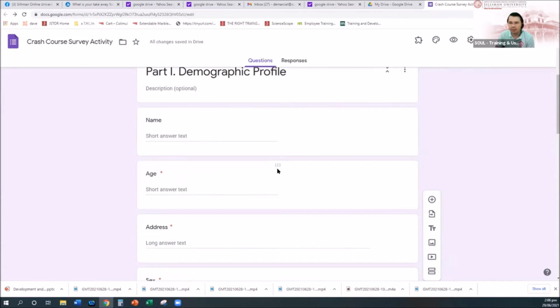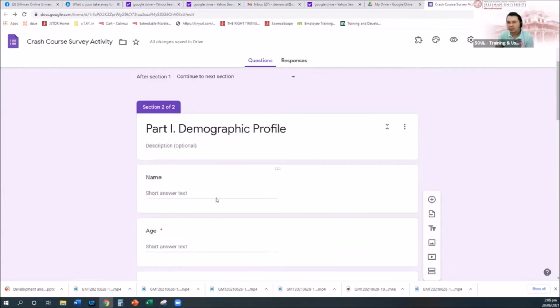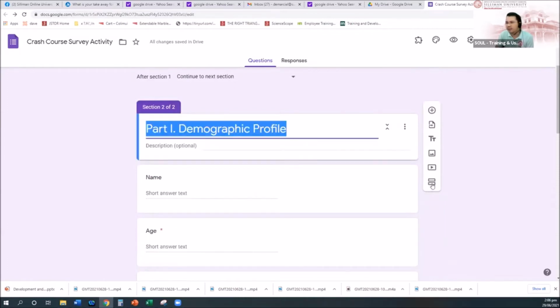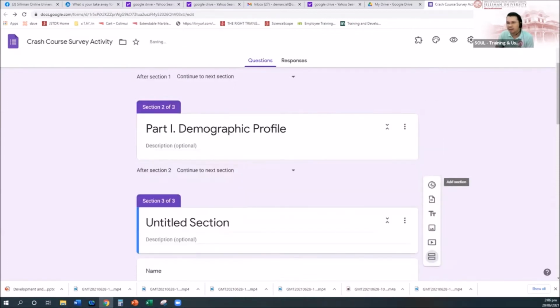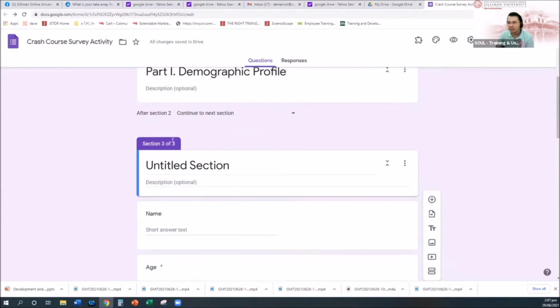Again, what I was saying is look for the six dots so that you can move and transfer the question. Okay. So this is part one. And then part two. Accidentally, I added a part two section. And notice that section 3 was inserted immediately after the section name. So it must be wrong. So all I have to do